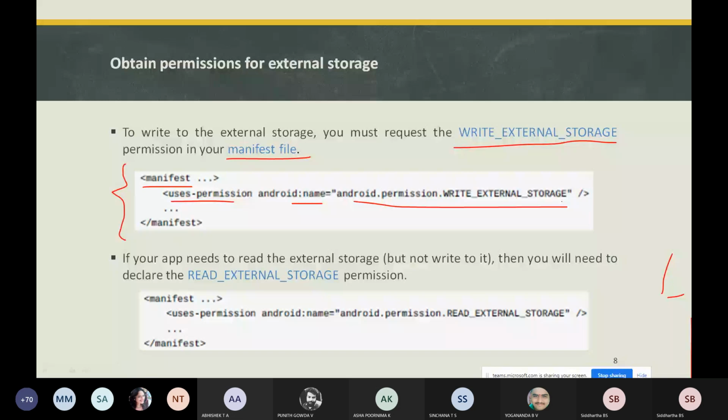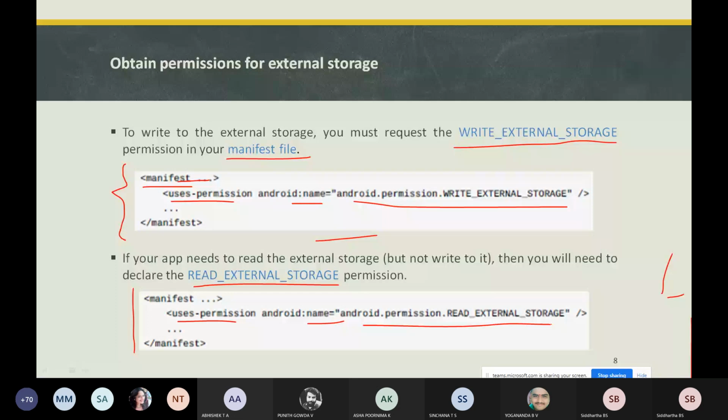It is not going to write anything, but it is going to access that storage. For those things, you need to specify the permission, that is the READ_EXTERNAL_STORAGE permission. This permission you should specify within the manifest file, in the uses-permission name attribute.